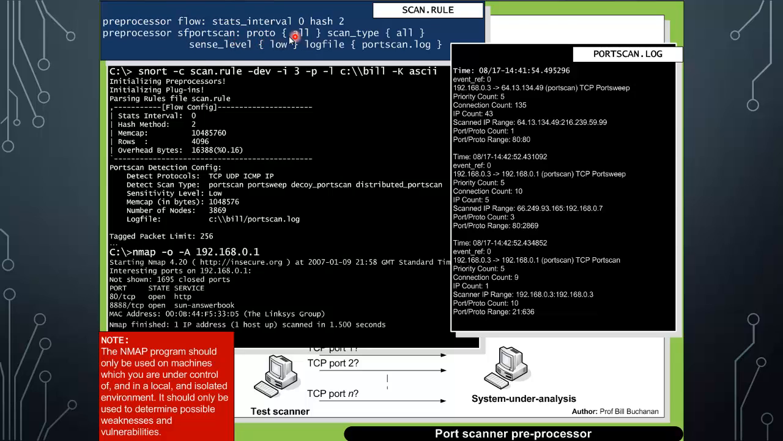With it, we can define the protocols, TCP, UDP, ICMP, and the sense level. Low will detect most types of activity, including low speed scanning. And we can define an output log file. In the latest version of Snort, the scan type is not actually included, and the whole range of scan types are done automatically. Also, in the previous version of Snort, we needed to define the preprocessor flow option before the preprocessor FS